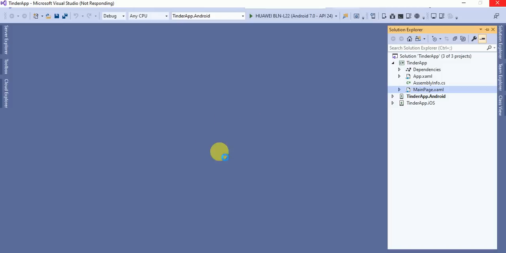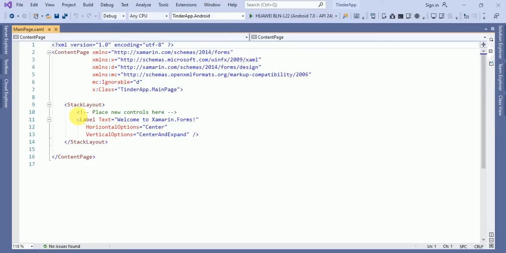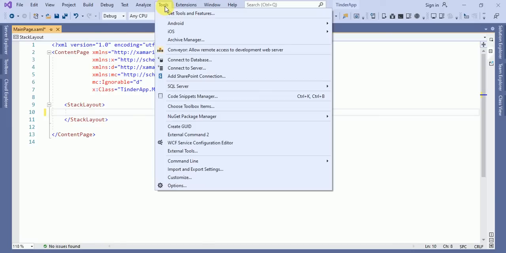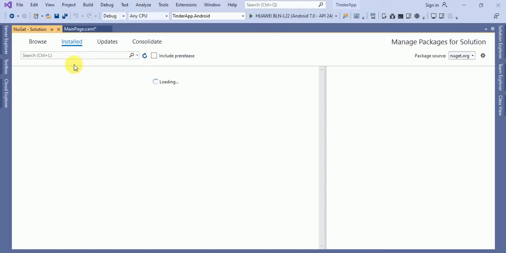So in MainPage.xaml we will write a control that is called SwipeCardView. For that, first we have to add a plugin. Go to the NuGet package manager, and from here just search for SwipeCardView.